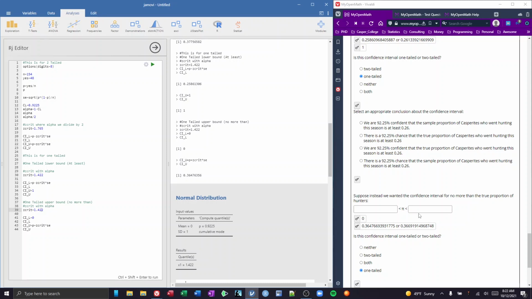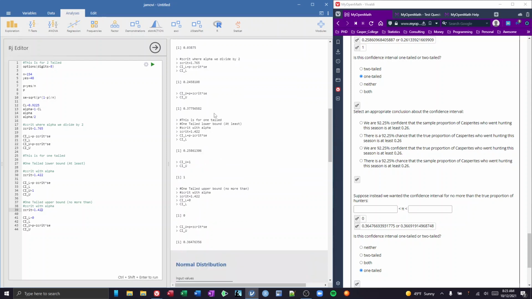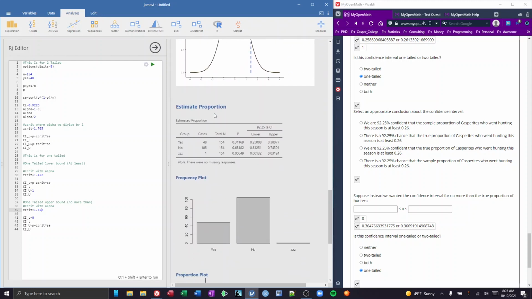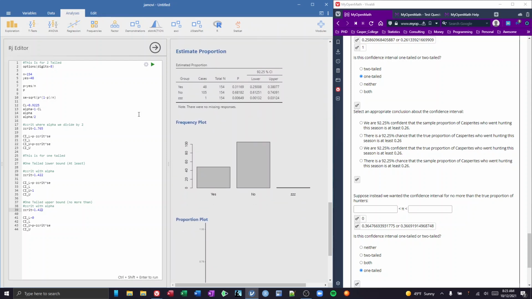Okay, so this other one is if we do this when we are using Jamovi to estimate it for us. There's a way that we can do this. So now if we use a Jamovi estimation, we actually have to do something a little bit sneaky, and I'll show you what's going to happen. So let's look at, we'll call this Jamovi for one-tailed